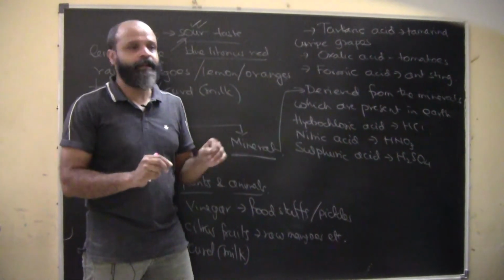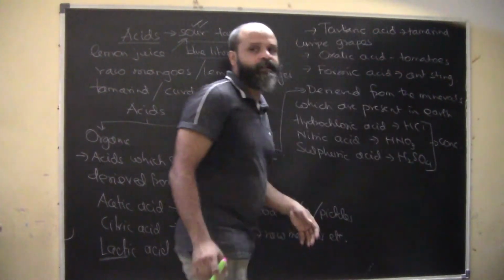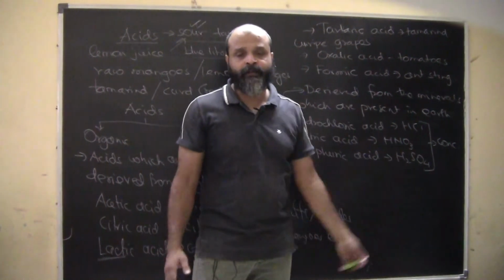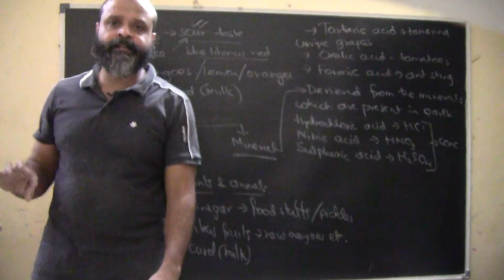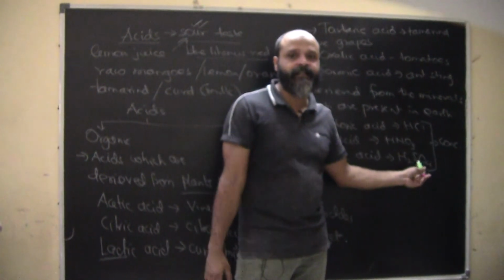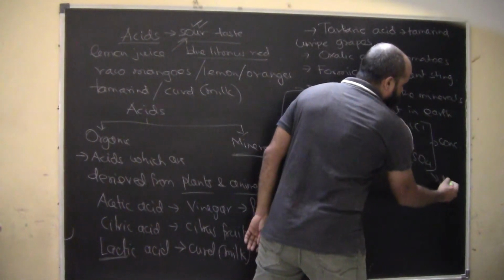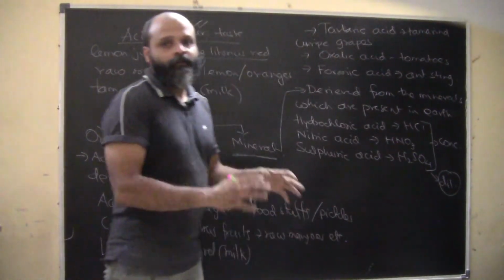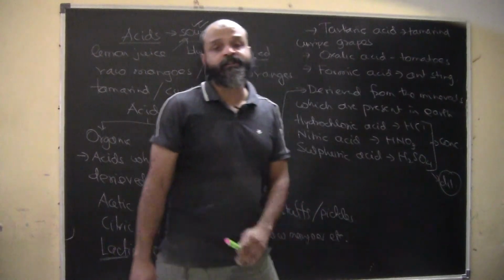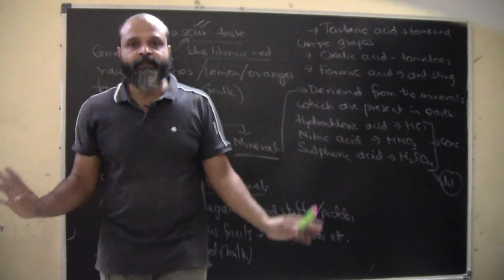Even if touched, the concentrated forms are especially dangerous. Now, what do we mean by concentrated forms? These acids are basically in solution with water; they are always taken in aqueous solutions. So when their percentage is too high in the solution, that's called concentrated. Generally we should be taking them in dilute forms, for experiments and all. We should always be considering dilute forms, because in concentrated forms they can be dangerous. They are dangerous in dilute forms as well for the body, so they cannot be consumed.